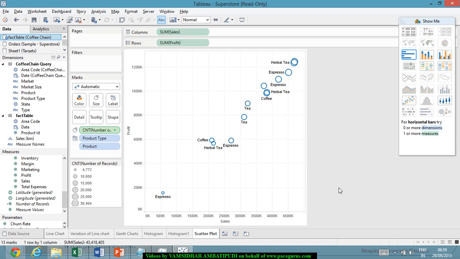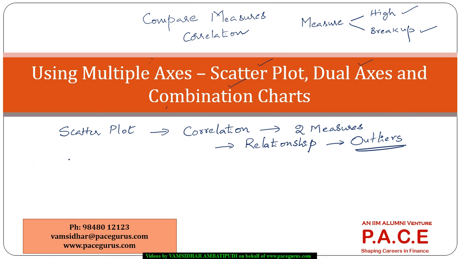Alright, now we can next talk about the other kind of chart which helps us in understanding the multiple axis. We have a dual axis chart. So when we talked about the scatter plot, we were using x-axis and y-axis. But here we will talk about two y-axis only,